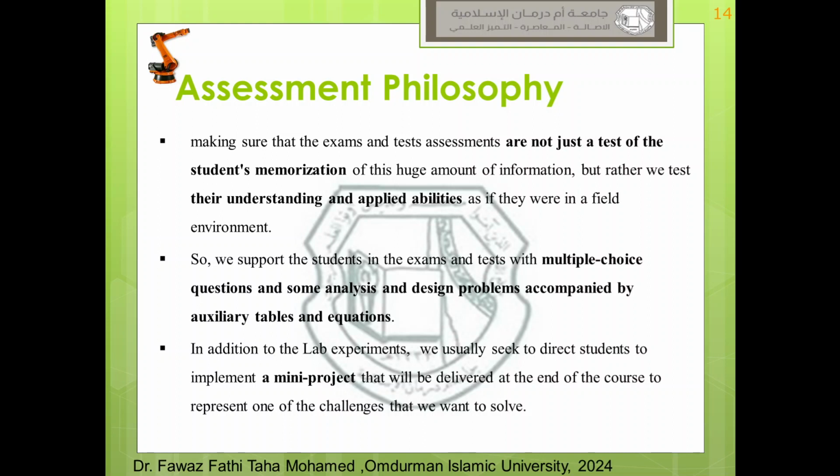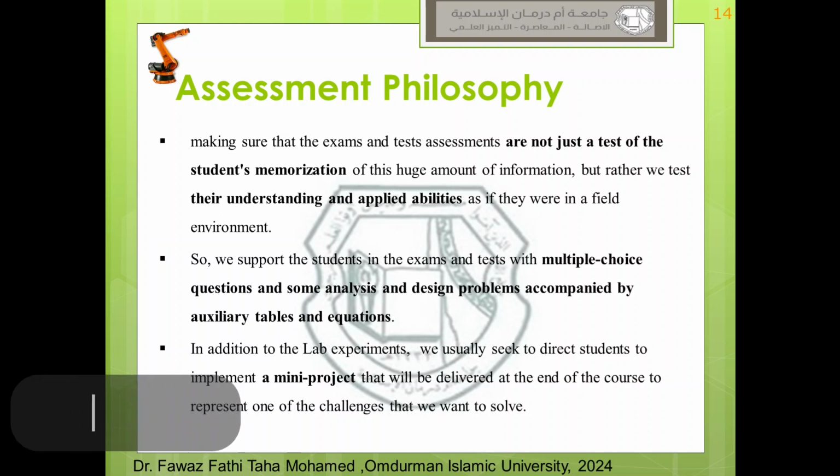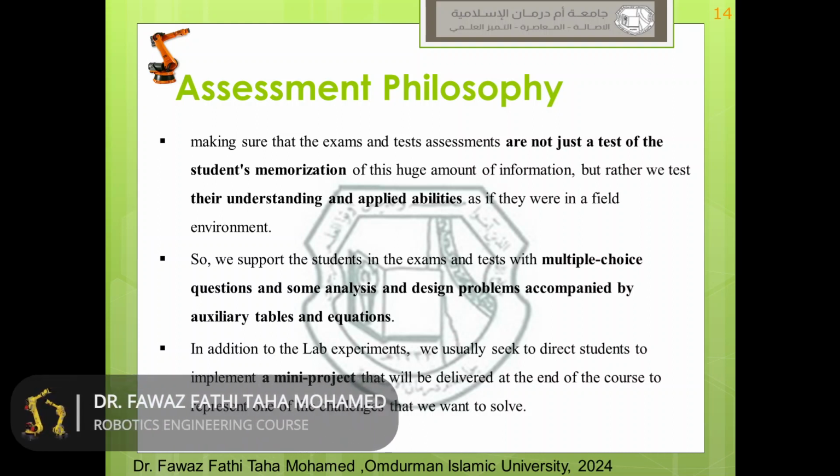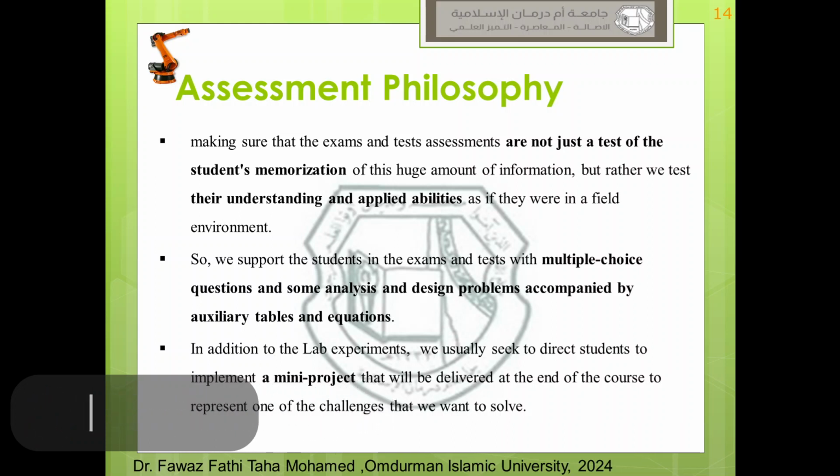So we support the students with, for example, multiple choice questions, where the students can see the choices, and also some analysis and design problems. Also, we provide the students some auxiliary tables and equations, and finally